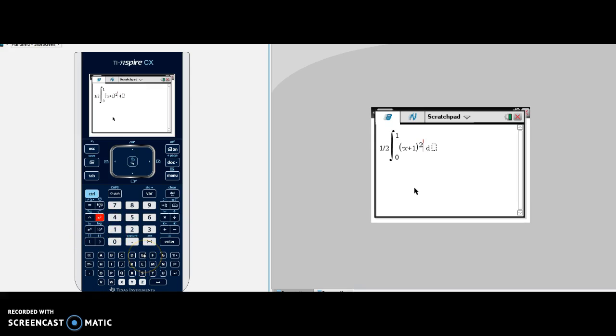You could just type f1 of x squared. But I'm not sure if I'm linked up, so I went ahead and typed the entire thing here. And calculate my integral with an answer of